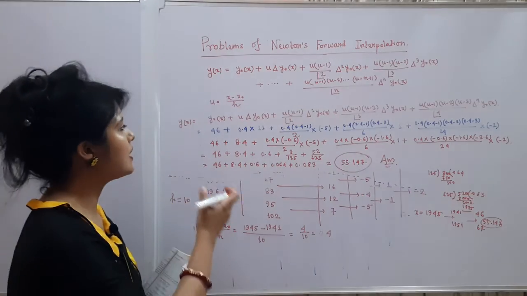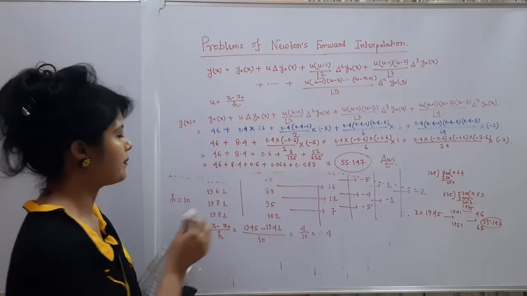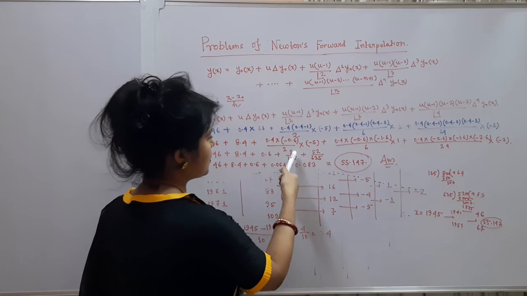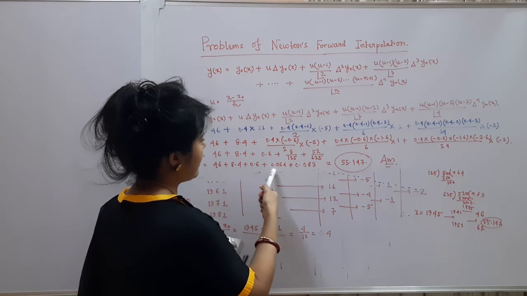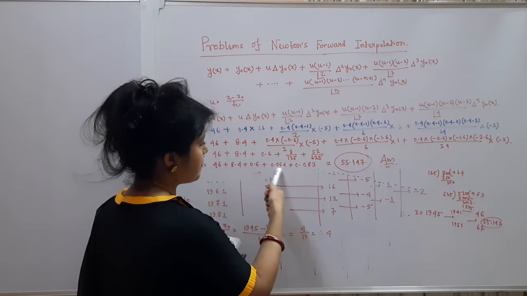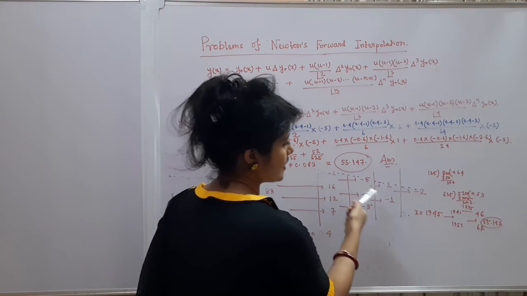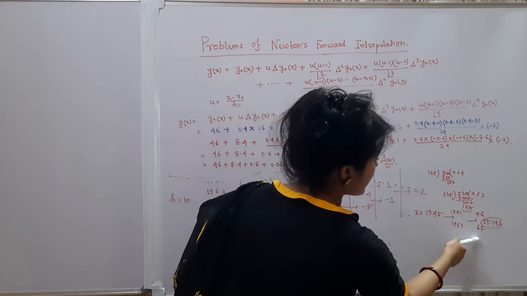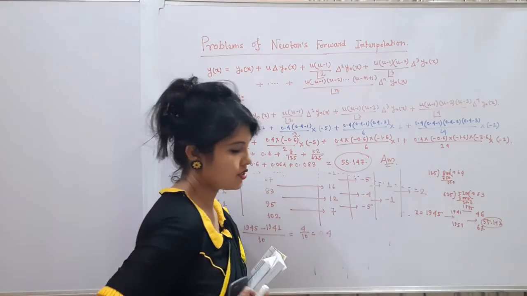So this is just a simple use of Newton's forward interpolation formula. You can also put this in a numerator form, but for your understanding I have calculated them in a point version. So that will be much easier to understand, that is the value is in between 46 and 67. Okay, hope you have understood this.